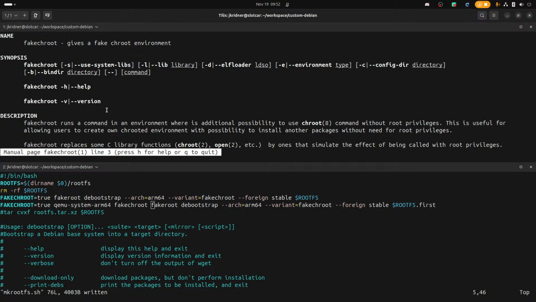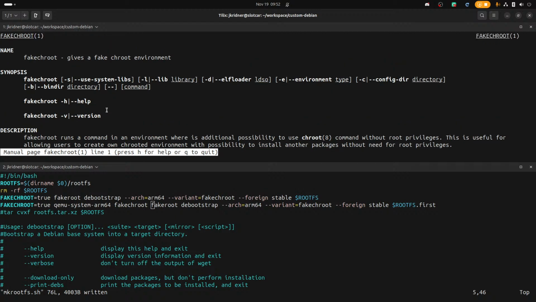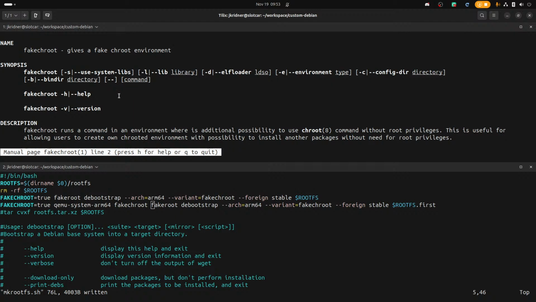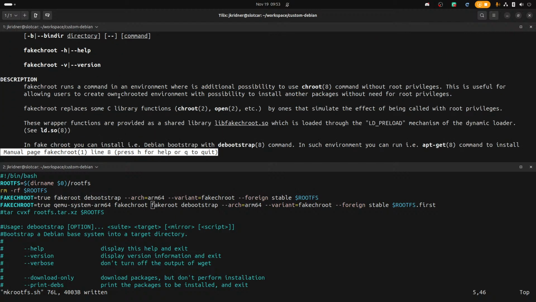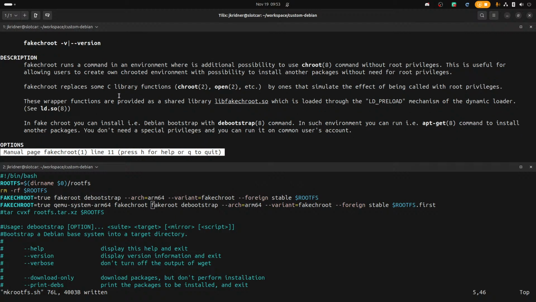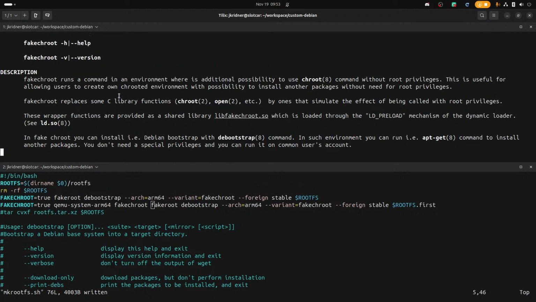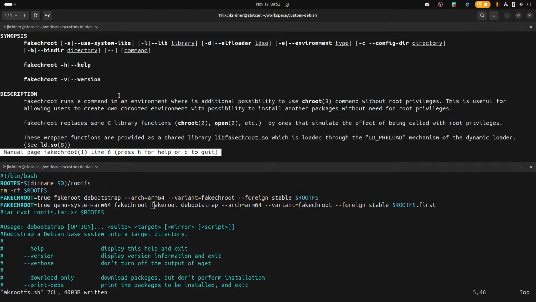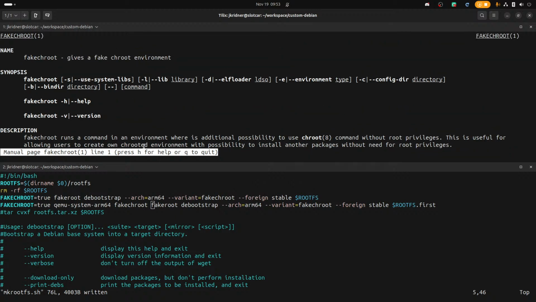Runs a command in the environment. Well, don't you specify the directory to be root? So what's the arguments to